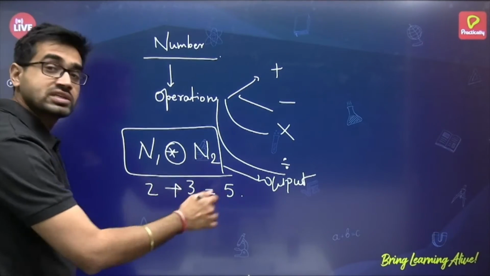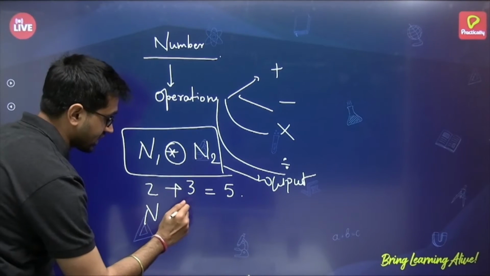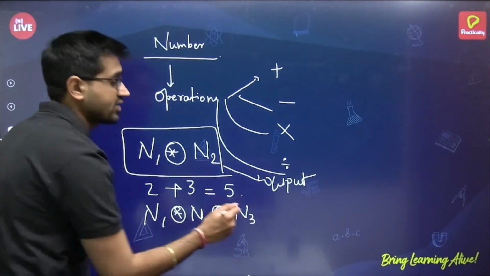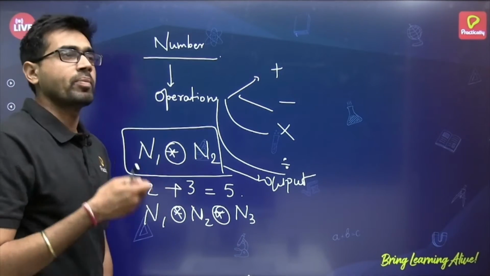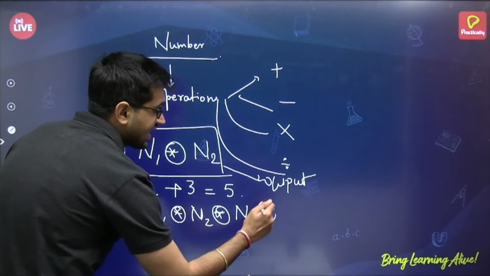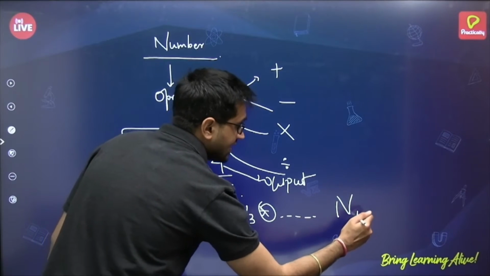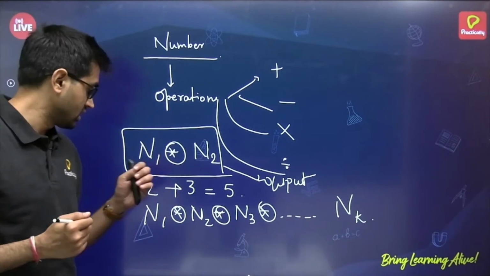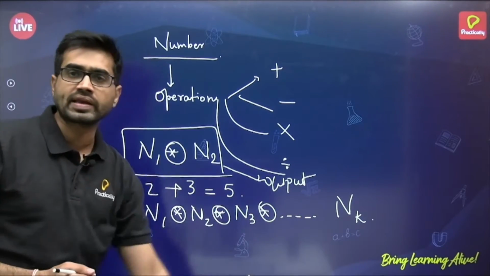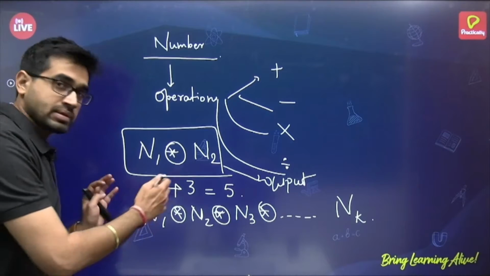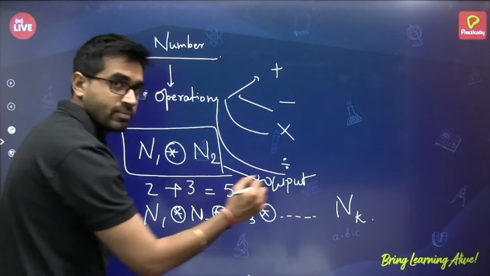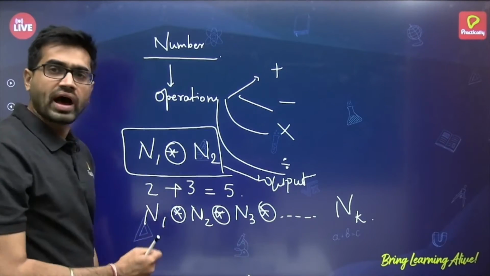But the more and more operations I start to perform, the trouble starts to begin. So the moment I take two numbers, it's fine. But what if I take more operations, or what if I take the numbers in bigger format? The process of simplification becomes a little difficult. Now, if I keep on taking this and there are nk numbers, you are having a number n1 and you are doing an operation on n2, on n3, and so on till nk. Now these operations can become simpler or complex depending upon a very simple situation. The situation is, are the numbers small, or are the numbers big, or are they following a pattern?